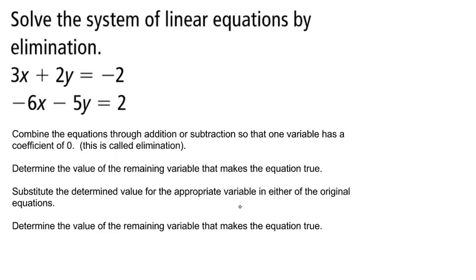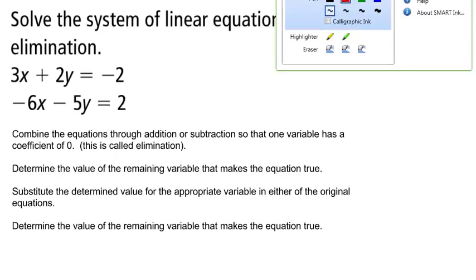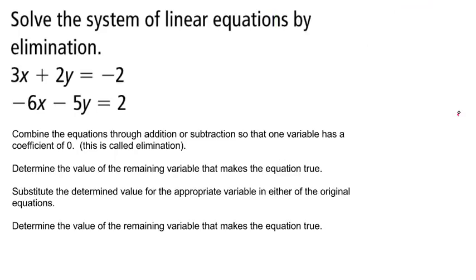Now, if you look at the equations, there is going to be an issue. If I add my equations together, I'll get 3x plus -6x, and that's not 0. And I'll also get 2y plus -5y, and that's not 0. And subtracting our equations doesn't really help either. So we're going to make an adjustment to our steps. So we'll add a little asterisk in. Right? So combine the equations or equivalent equations